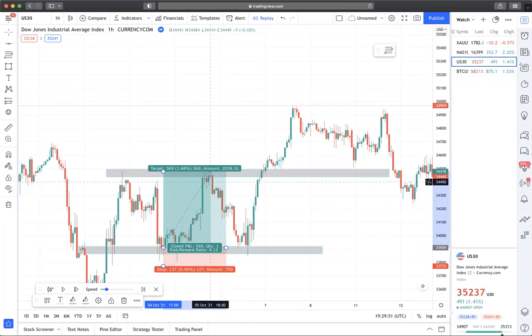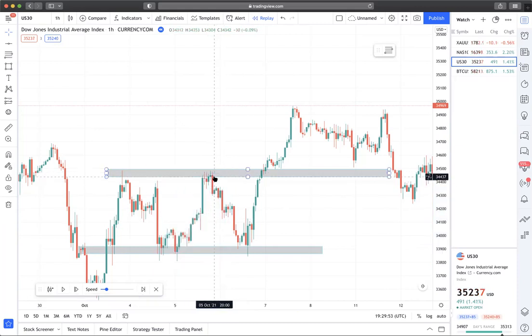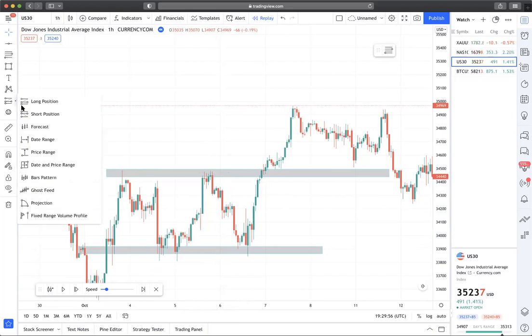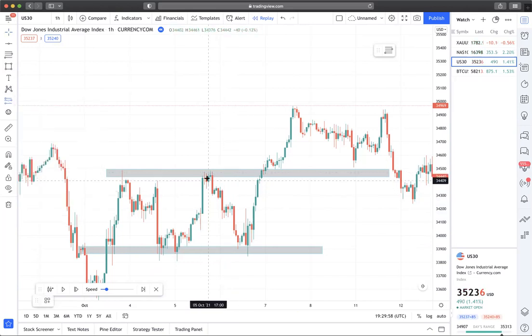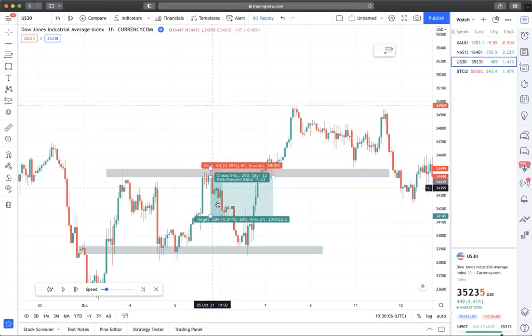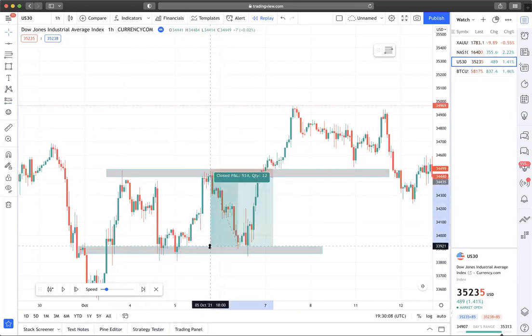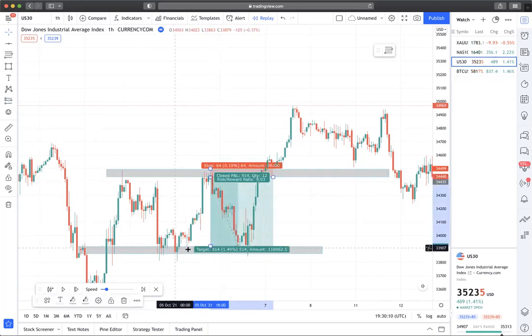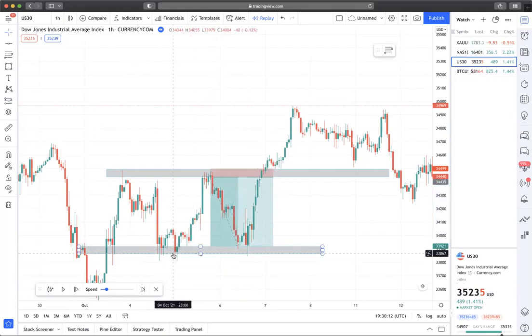When I saw these couple of rejections here, I did get in for a sell. My stop loss was above the previous wick rejection or zone, and my take profit was again the support zone. So I rode it all the way up to here, seeing the